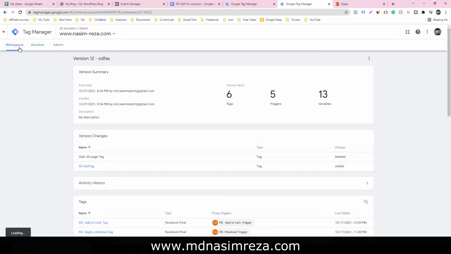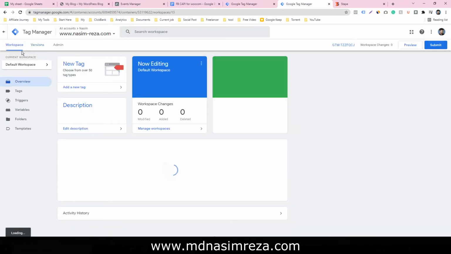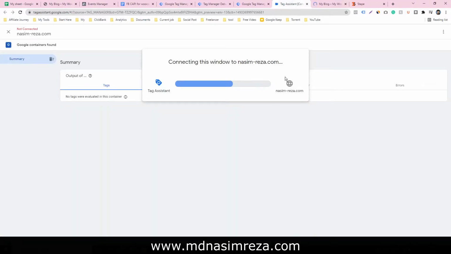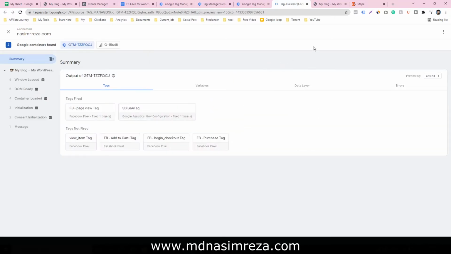Now just go to preview mode and check. Also you have to go to your server container preview mode. Connect with the website, and our website is connected with our web container.